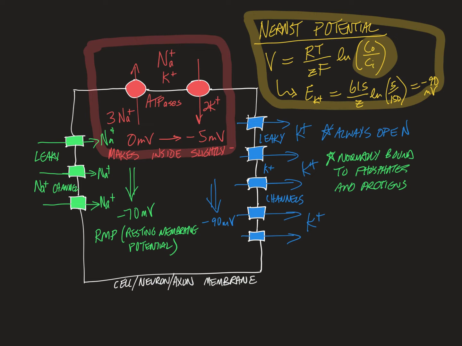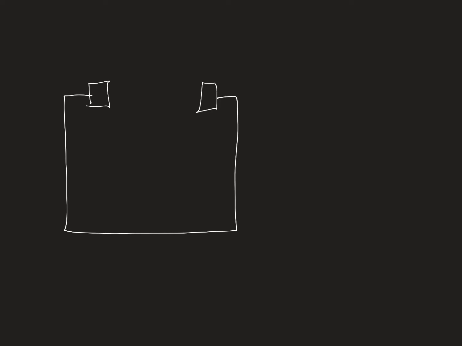All right, I'm going to clear that out and do another simple drawing here. So those were leaky channels. They're always leaking, and they will leak in accordance with concentration gradients, and they're more impacted by electricity, a voltage gradient, than the concentration, but both of those are always operative. Now I want to talk about voltage-gated channels, because these are the main event, if you will,